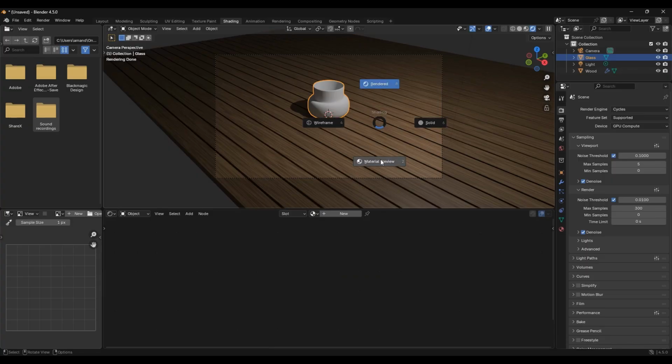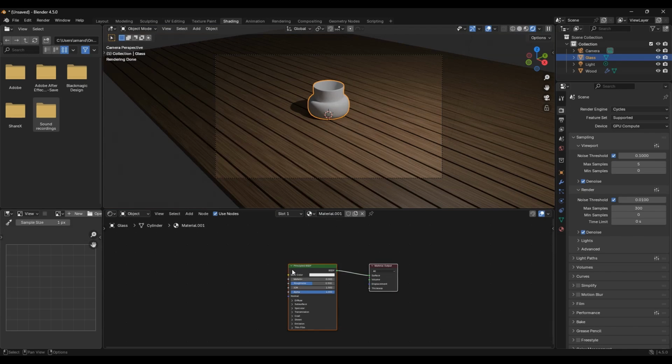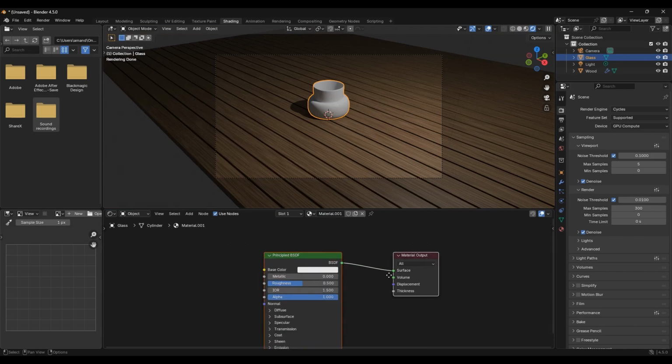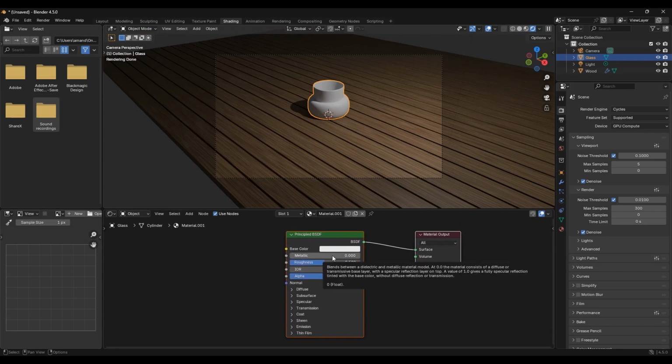You can work in rendered view, it doesn't matter. If you click new, you see that it creates this Principled BSDF node for you. It just pops right in there. Let's make some glass. The fastest way to do that is you click this little arrow right here, and it